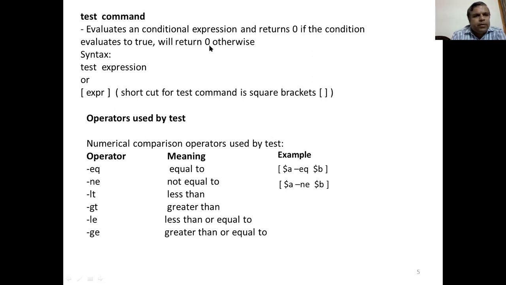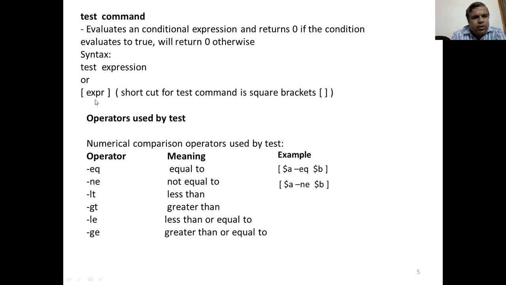So the value of true is 0 and the value of false is 1. This is how you test a condition in the command part of the if statement, because test is a command. So how do you use the test command? The syntax is: test followed by the conditional expression that you want to check.